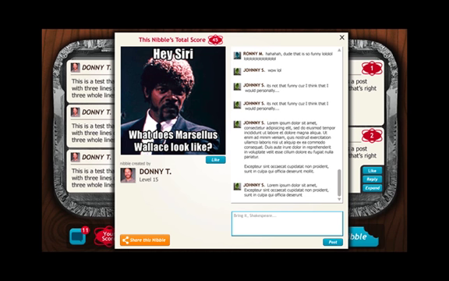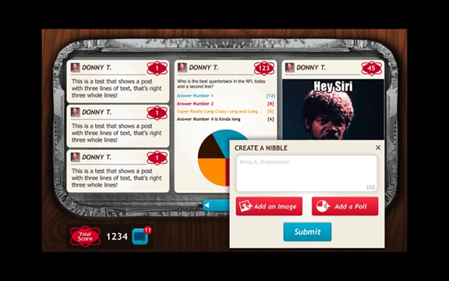This next slide shows the expanded view for a nibble, and I can get to this expanded view by clicking on any nibble in the tray. And what you'll see in the expanded view is that there is a comment thread, so each nibble is a node for its own conversation. And if I like this nibble, I can share it on Facebook by clicking the Share This Nibble button in the lower left. So now I'll walk you through the process of creating a nibble.